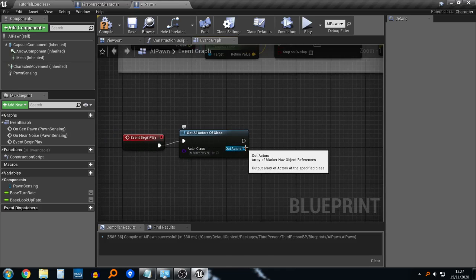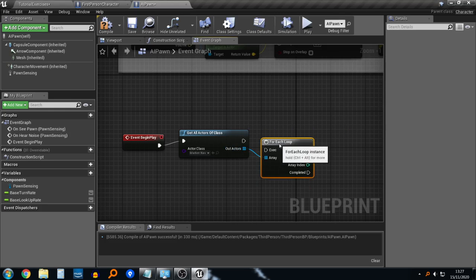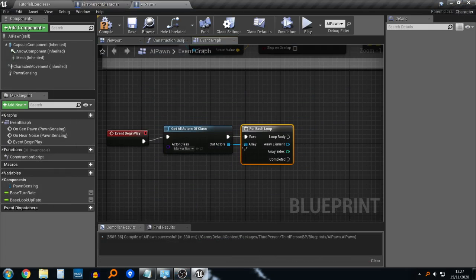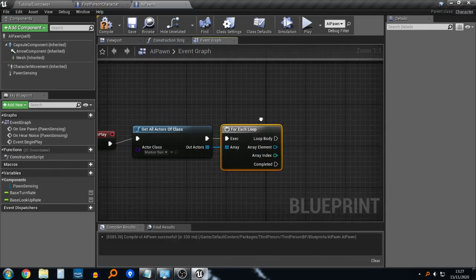This is now outputting an array, so what we can do is search for a for loop. So, for each loop of the number of items in the list. Let me just quickly check something. Yeah, cool. So what we're going to do now is